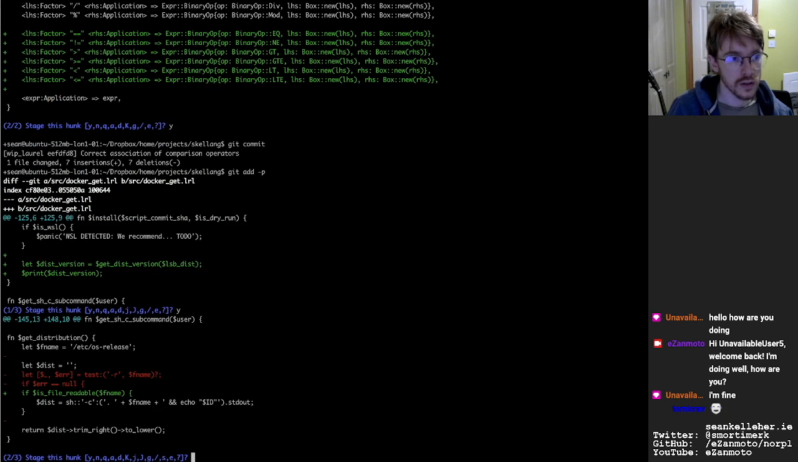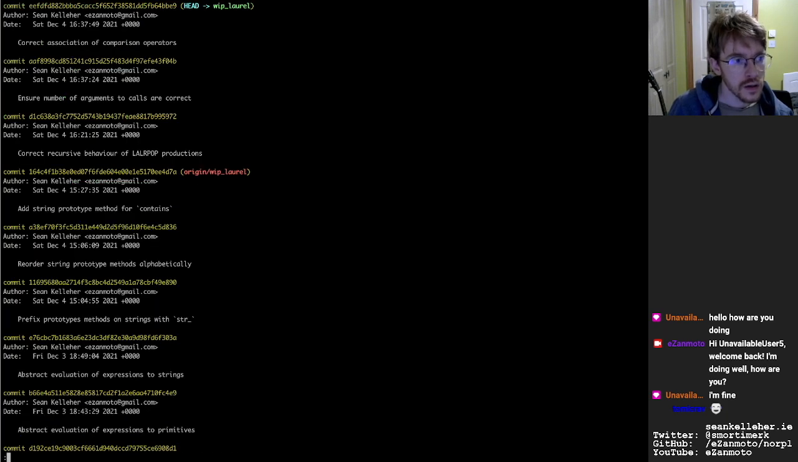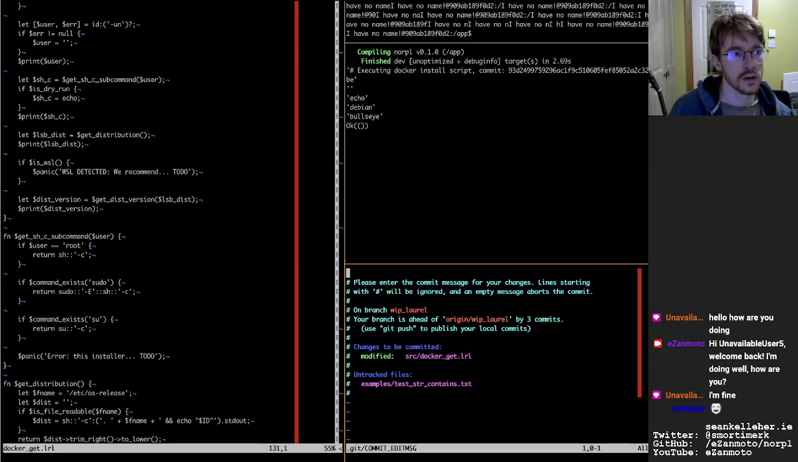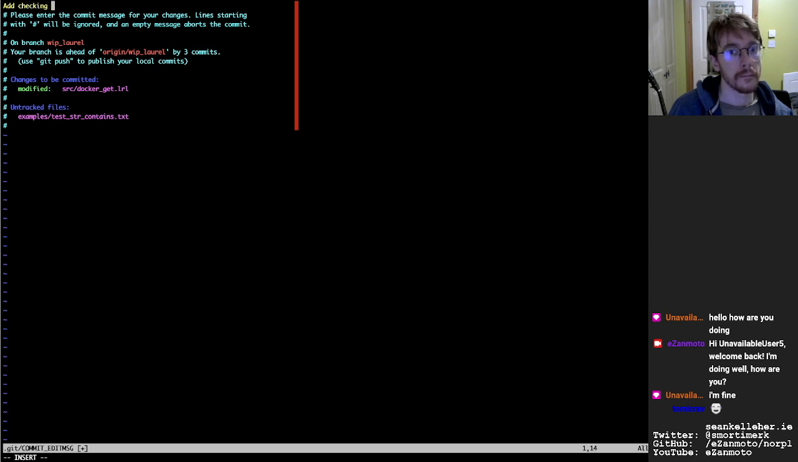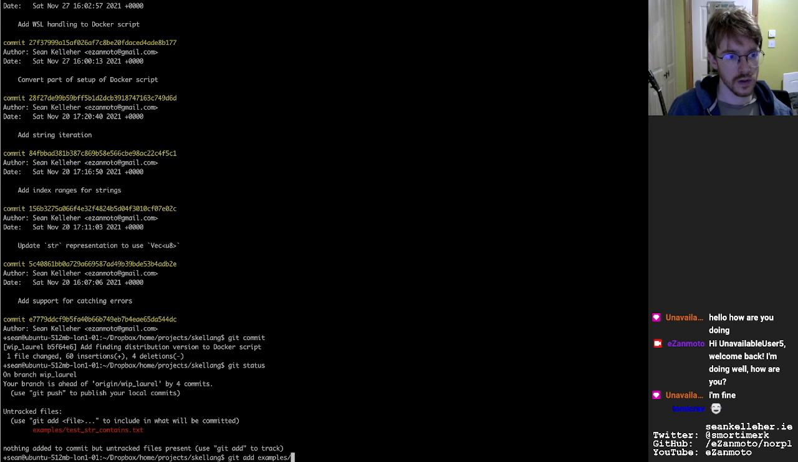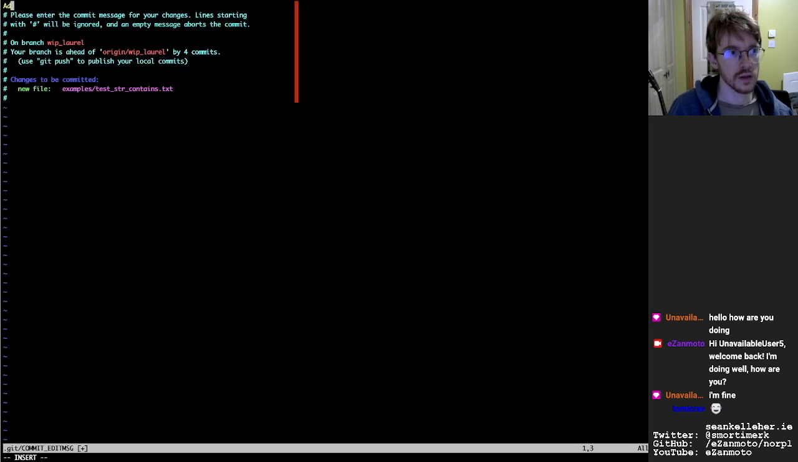And then finally, add checking or retrieving distribution version to Docker script. Finding. And I also noticed that I have a file that I didn't add as well. Add